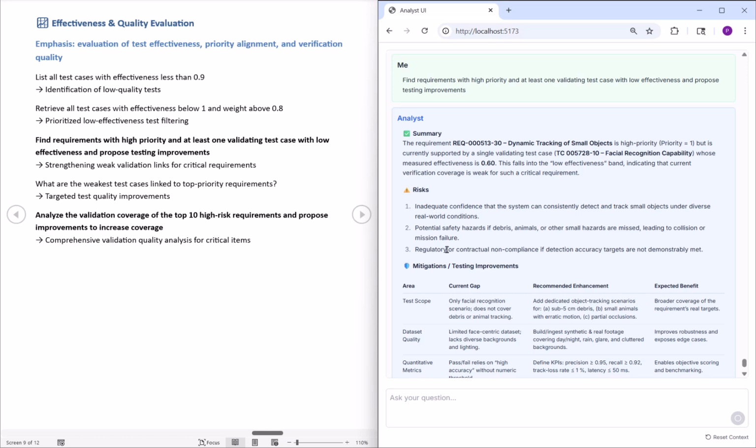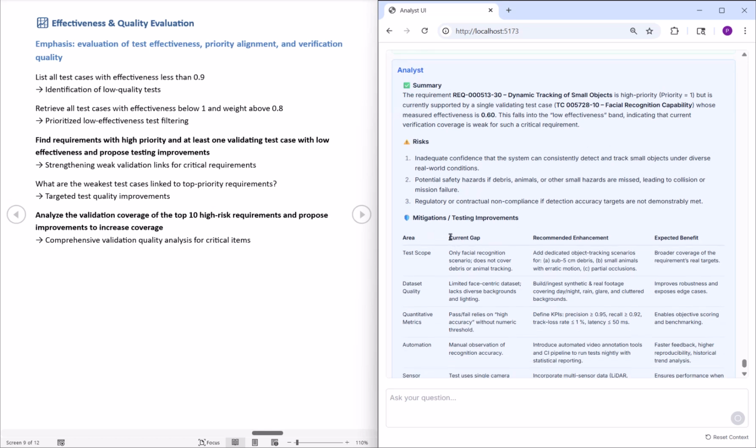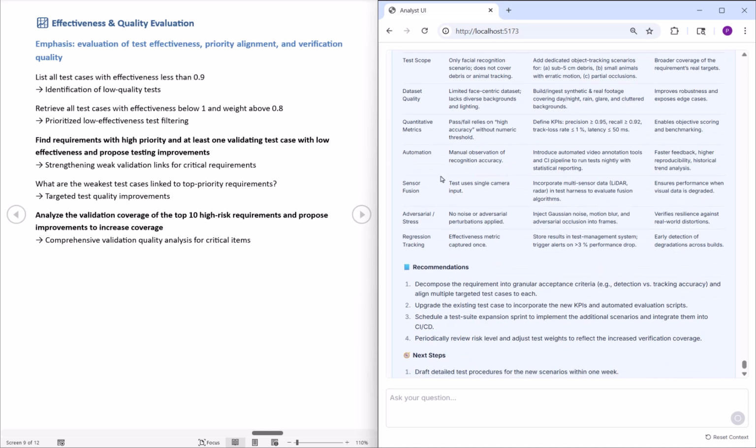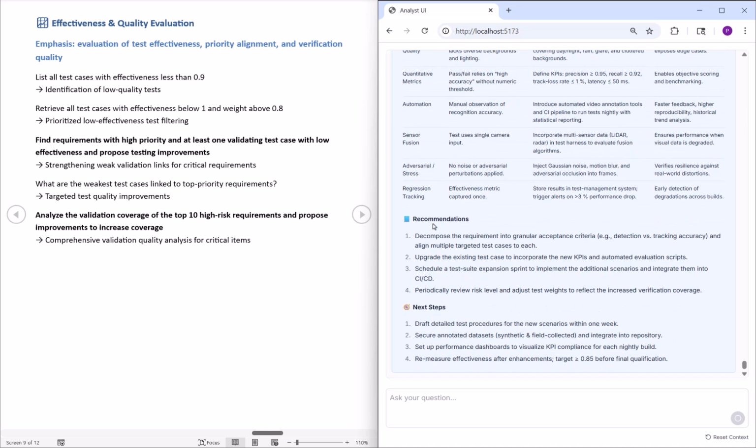Anyway, going through risk, and then as I asked the system, propose me some testing improvements. So there's a list of testing improvements, recommendations: decompose the requirements, upgrade the existing test case to incorporate the new KPIs above, and then next steps. All right, quite interesting. This one is a similar question, so let's go to